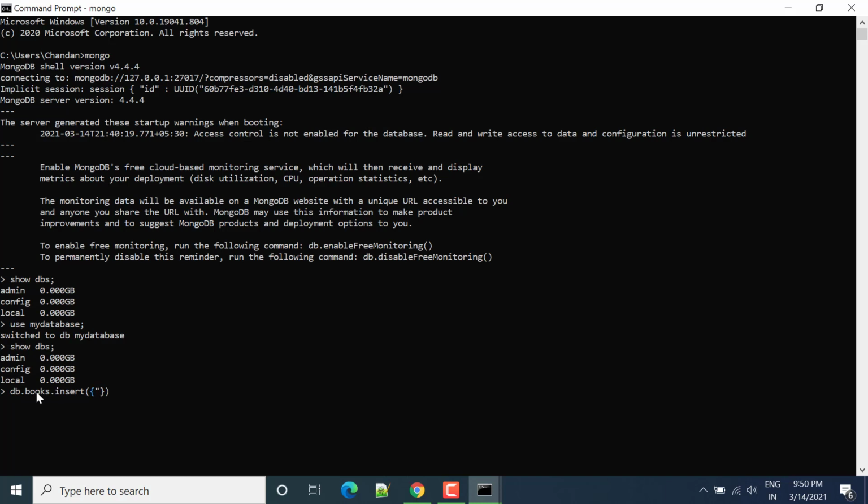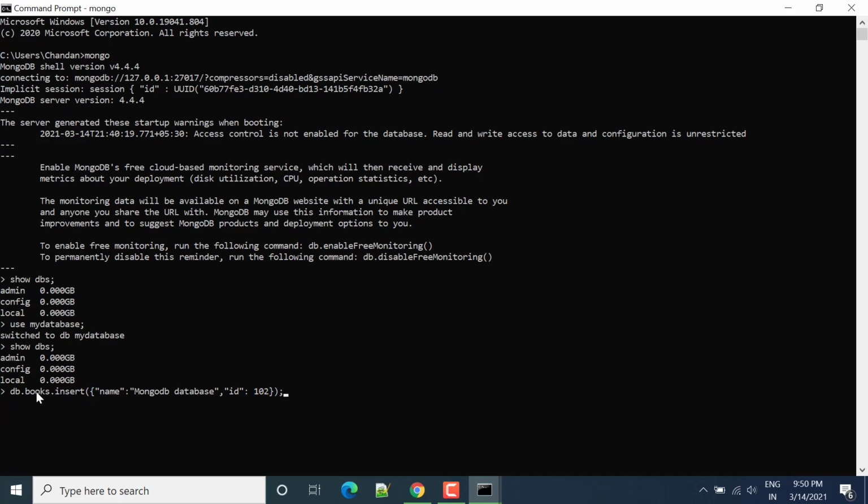Here I'll write name equal to MongoDB database, right? And then we can add here, let's say, ID equal to 123, something like that.